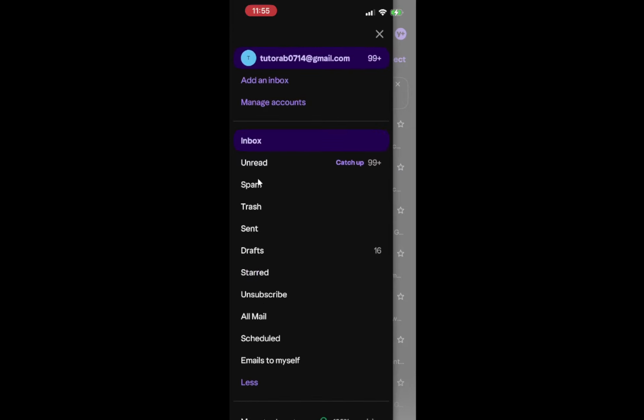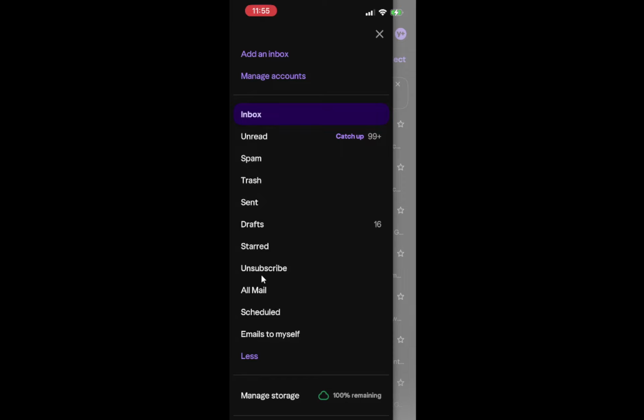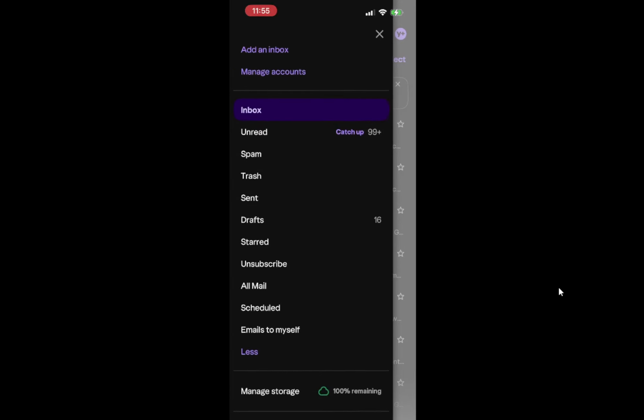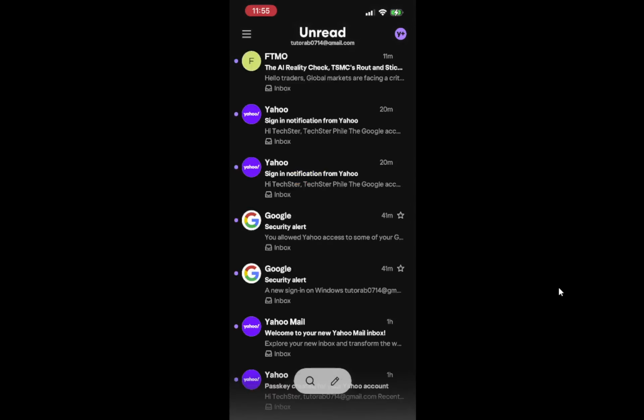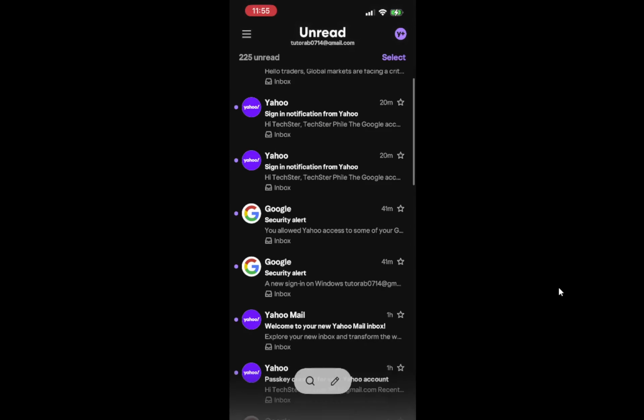By familiarizing yourself with this layout, you can navigate through your emails more efficiently. You may feel a sense of relief knowing that your important emails are just a tap away. Next, tap any folder such as Inbox, Sent, Drafts, Spam, or your custom folders to open it. Doing this will display all the emails contained within that folder.